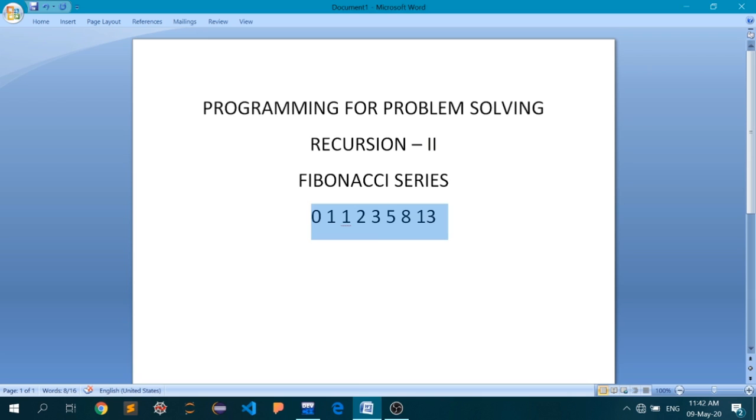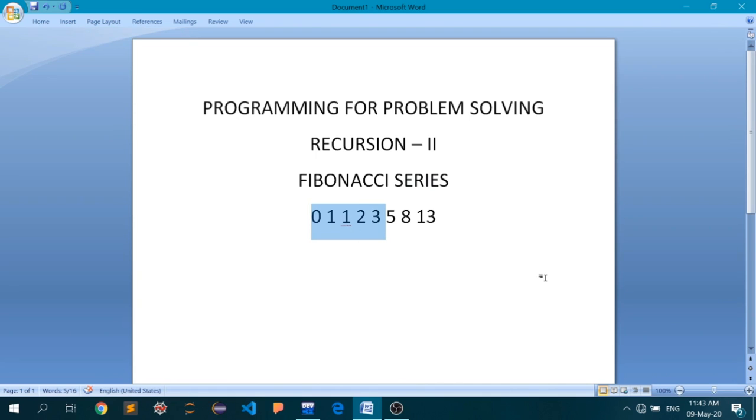So to print the first 5 numbers of the Fibonacci series, I have to call the fib function 5 times. First time it will return this value, second time this value, third time this value, fourth time this value, and fifth time this value. And every time it returns a value, I will print that. In that way, the first 5 numbers of the Fibonacci series will be printed.